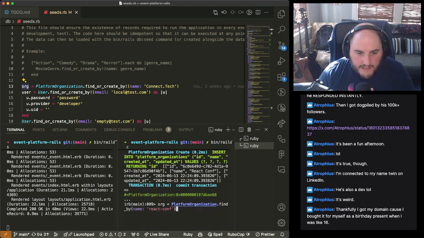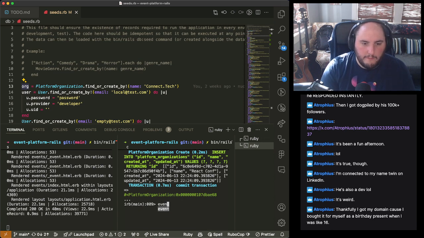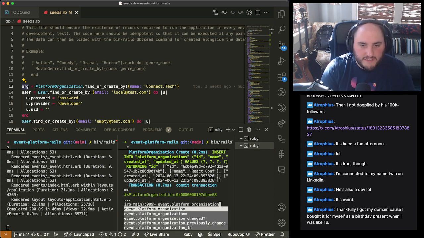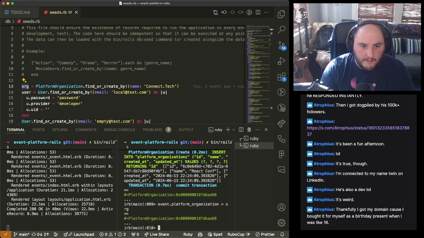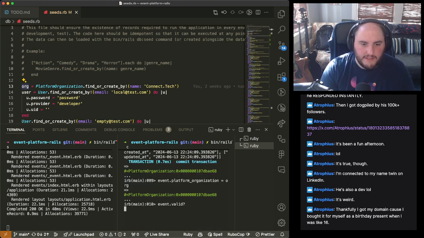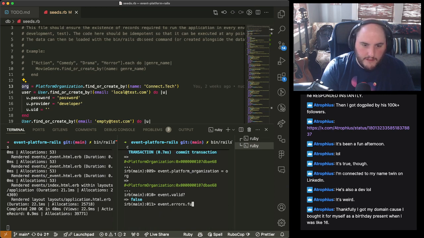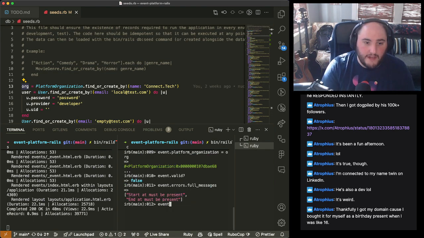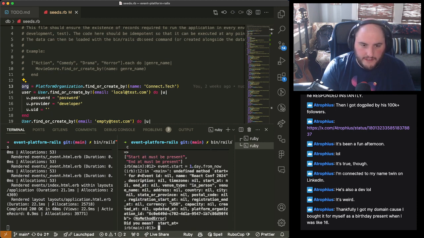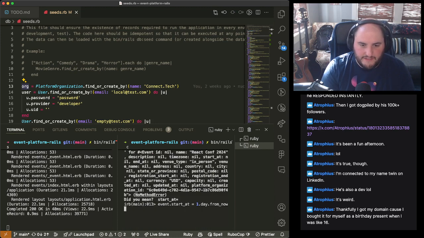Now let's say our event's platform organization is the org that I just made. And let's see what else is missing from the validations so we can quickly knock this out. My guess is I'm missing quite a few things. So, start at, let's say, 1 day from now. I know it was like last week, but I don't want to deal with bypassing validation again.